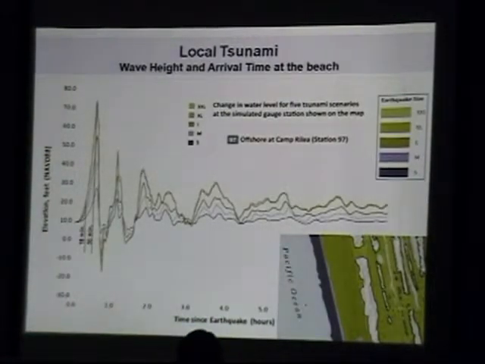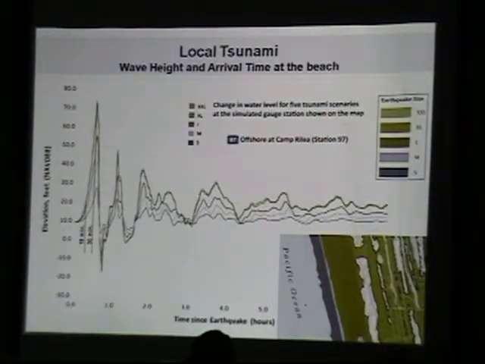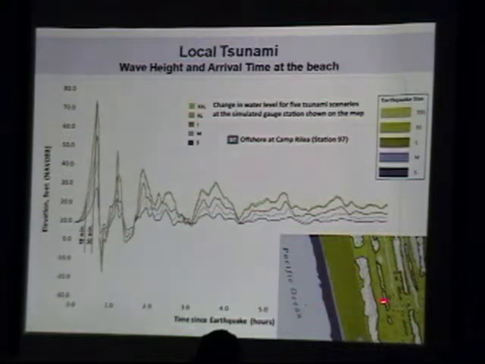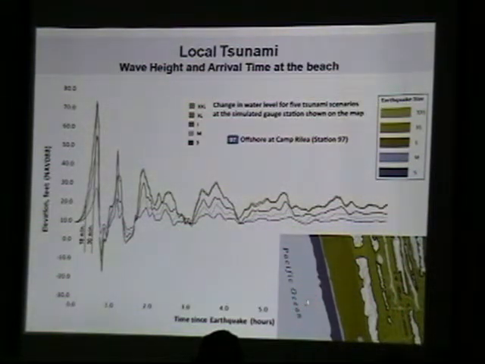So this is a wave, the same wave height type of chart. The difference is this is the location of that gauge. This is Camp Raleigh. And then we put this gauge right off the beach. It's right on the beach, and you can see it on that map over there. Much different situation. If you were on the beach and this happens, get out. And I mean get out fast.